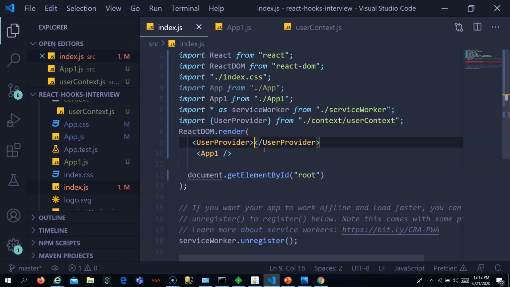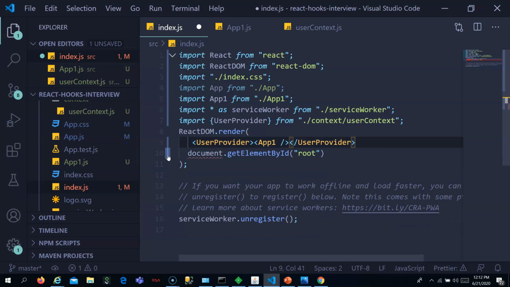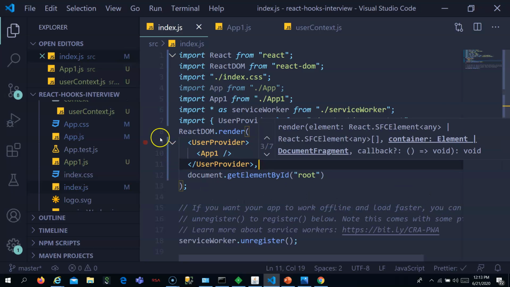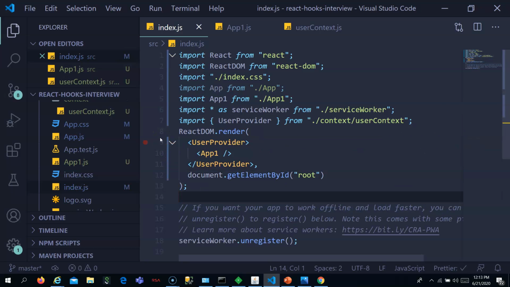Okay, just put app1 here. So let me do that now. User provider in root.